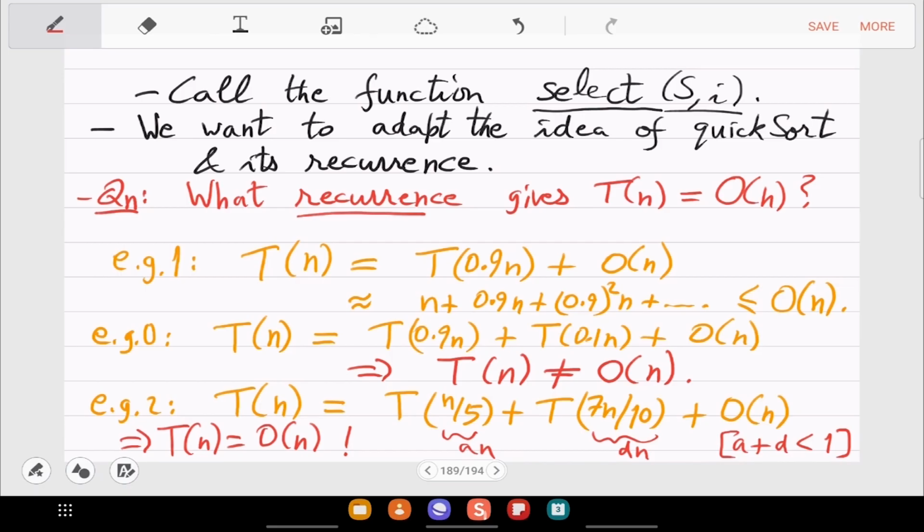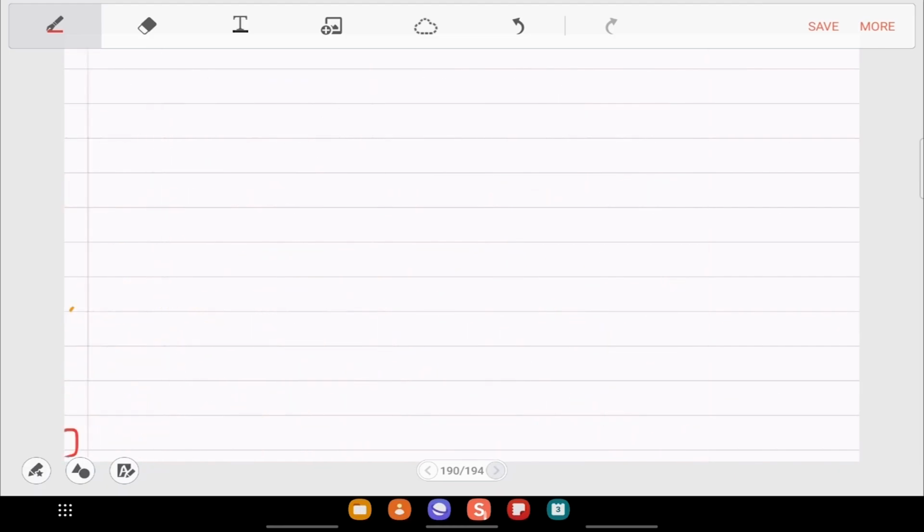So we want to improve on merge sort, which means that what remains, we will not call on the whole thing, we should call on something smaller. So here, instead of 80%, we'll call on 70%. So 2 calls, but the union of the calls is smaller than n. So this is what we are targeting. And for some strange reason, it will work. Why it will work will depend on the pivot.